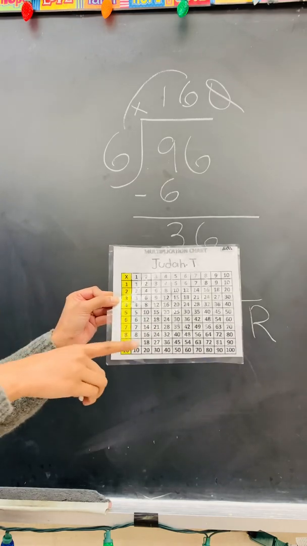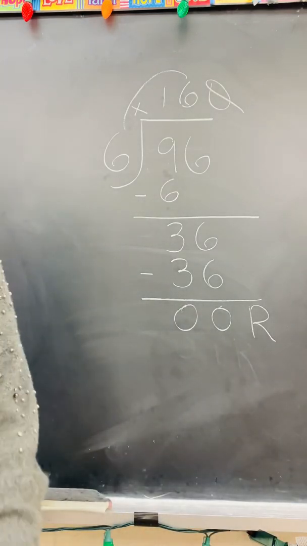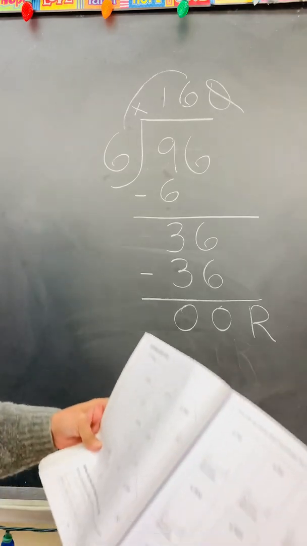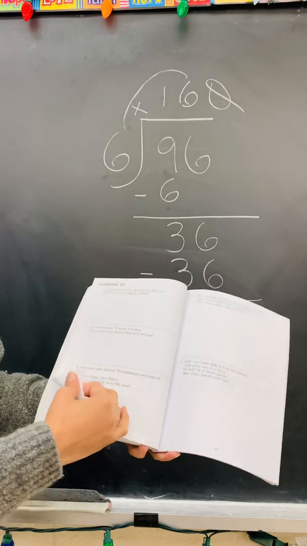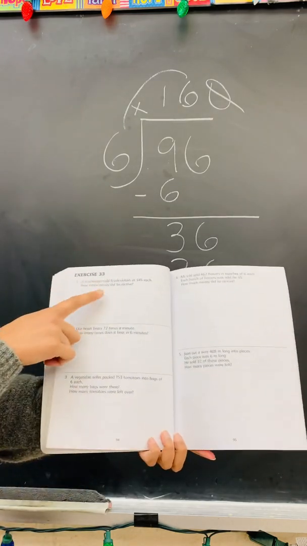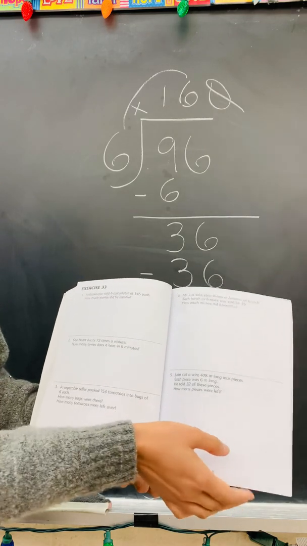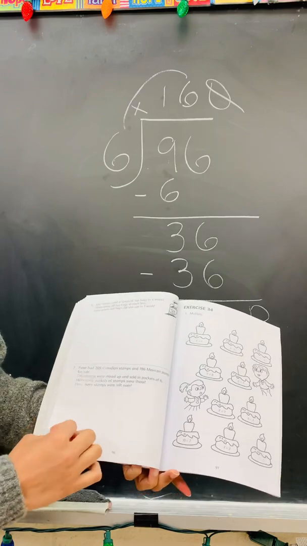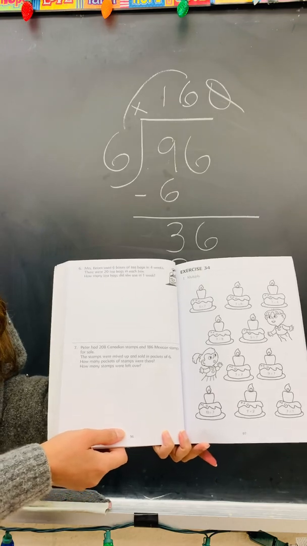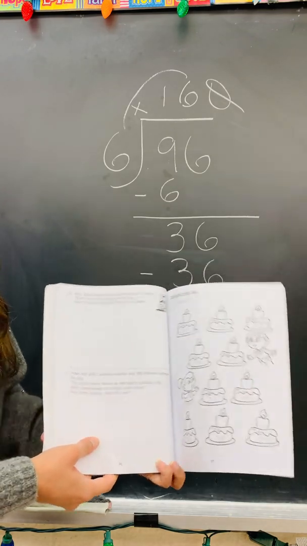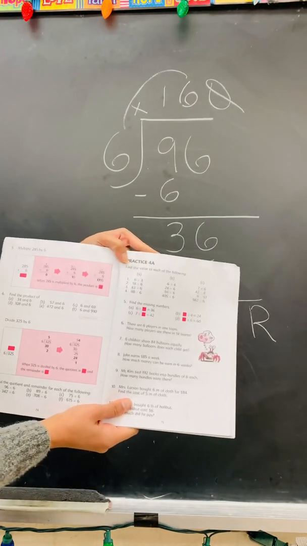So for this week, after this lesson, you will be looking at exercise 32 and 33. Both of these exercises involve working with the 6 times table. And exercise 33, these are word problems. They're all related to division. So it's 3 pages, page 94, page 95, and page 96. So please make sure you finish these exercises, and then you're going to move to practice 4A. Once that's done,